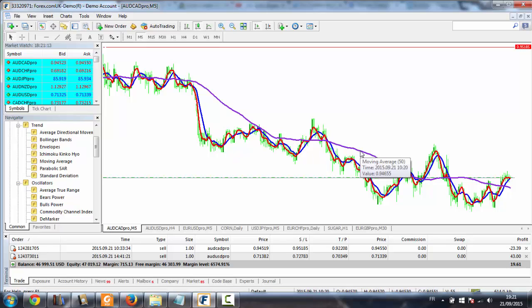For example, here we have a downward 15 moving average. We have it here, and the 3 moving average crosses the 7 moving average from the top to the bottom. So you enter the market here and you exit it here or here. Okay, you're gonna make significant pips here, a significant amount of pips, but be aware of the